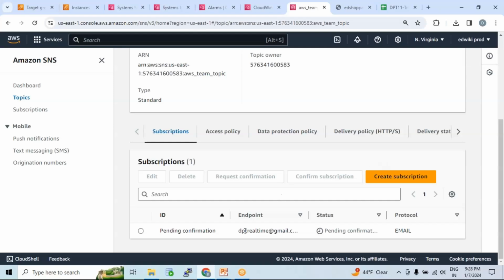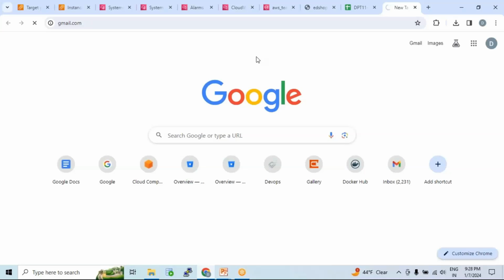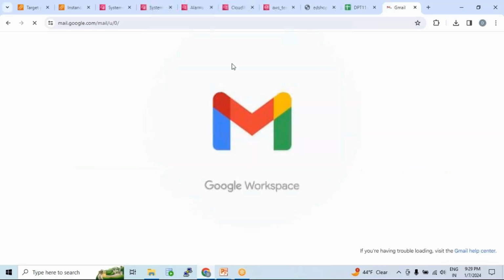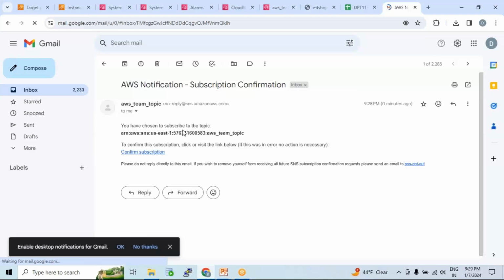But usually when you add an email as a subscriber, it will not be added directly, because someone has to approve that yes, this is my email ID. So let me do that. If I go to my email inbox, you see here I have received an email from SNS, the first one, which is asking me to confirm the subscription. Yes,